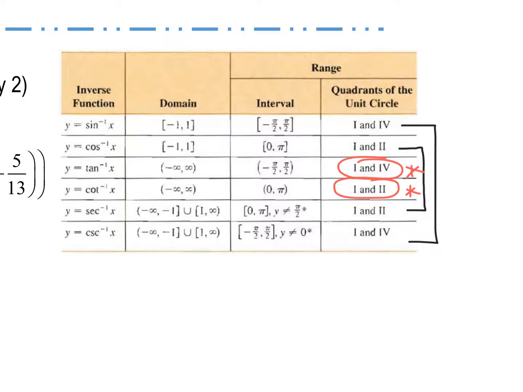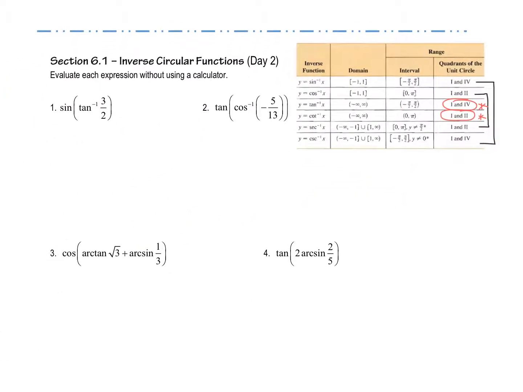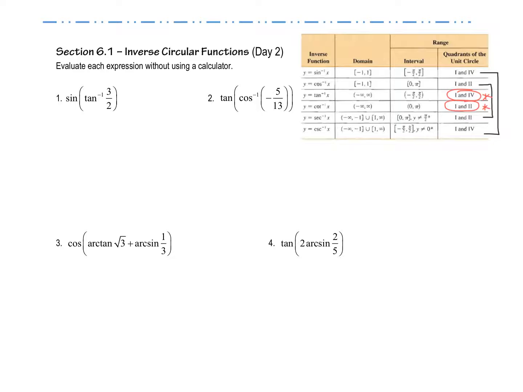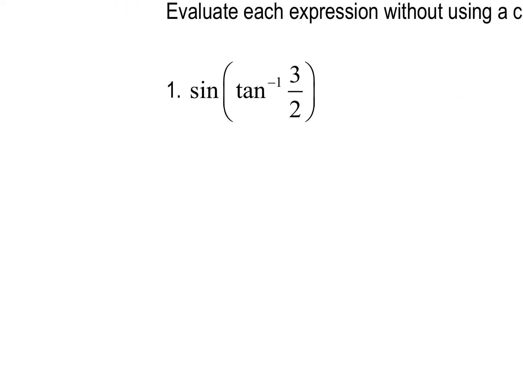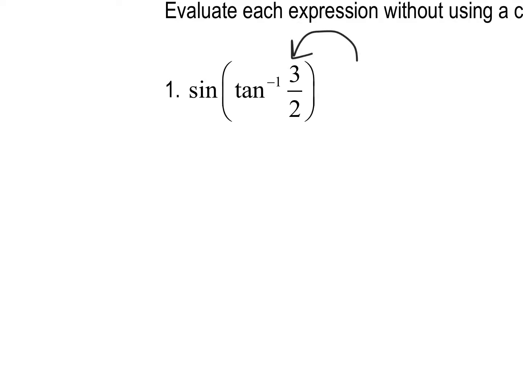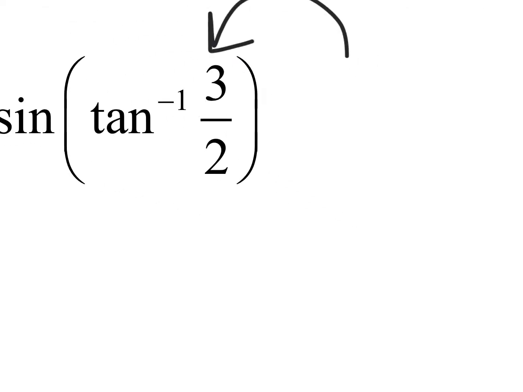We're going to do something today that's a little bit familiar with what we've been doing the last couple chapters also. But these are evaluate the expression without using a calculator, and they look kind of messy. They have a lot of different trig functions within each question, but I'm going to show you a trick to make it a little bit simpler for you. So first of all, look beginning on the inside of the parentheses here. We're given an inverse tangent question and a positive fraction. So first of all, looking over at our chart on the top right, we know that tangent is positive